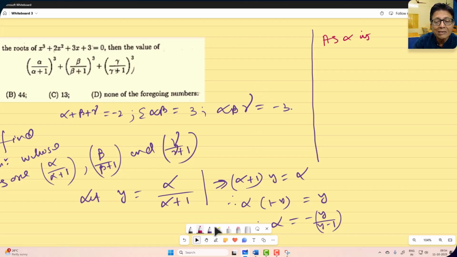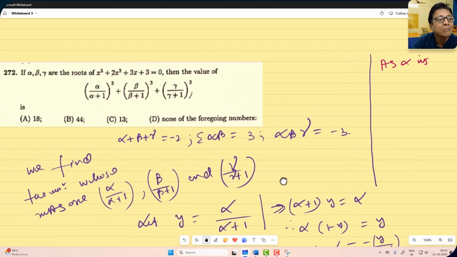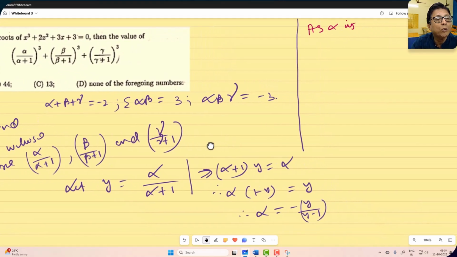from the book, I think you all have this book, page 272. If you don't have it, please buy it before the exam. Okay, problem number 272 I am discussing, and you are also solving it with me. As alpha is the root of the given equation,